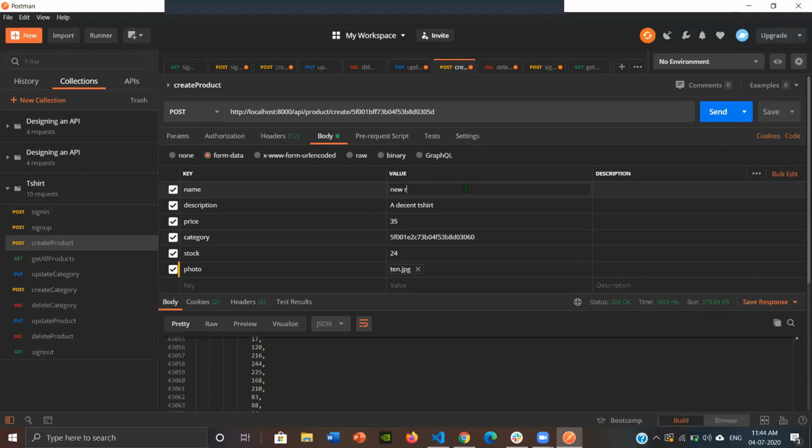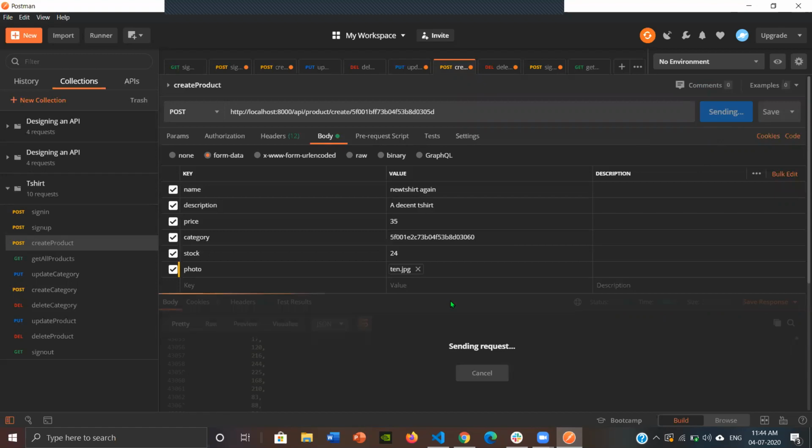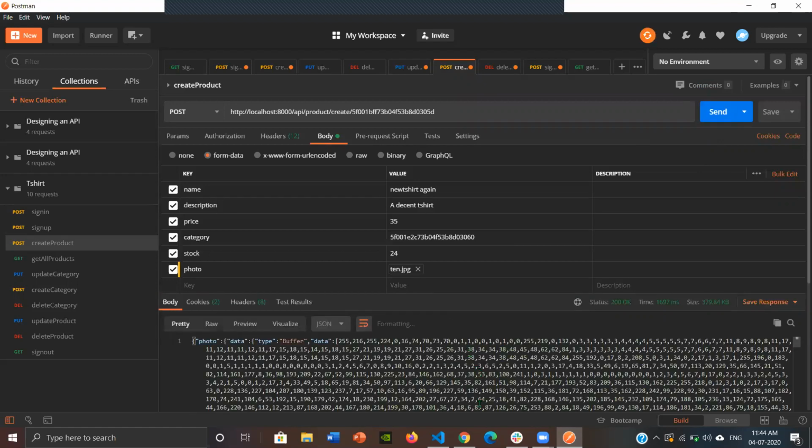Let us now update the category of a shirt. We have created a new category, and the shirt got updated. Let's see whether the category has been updated or not.